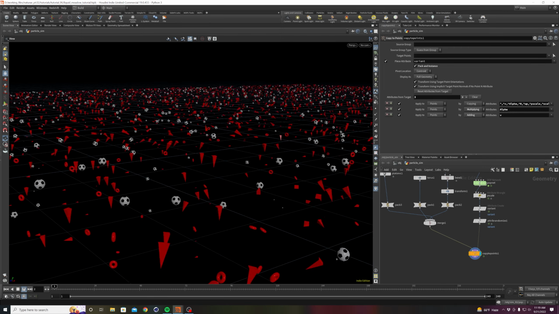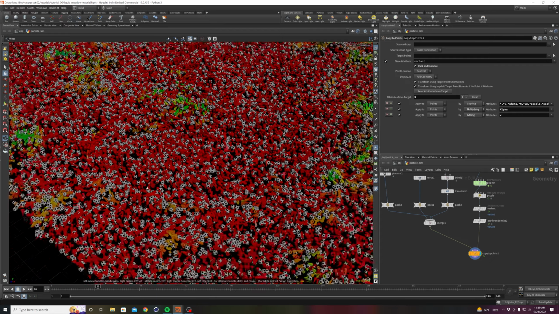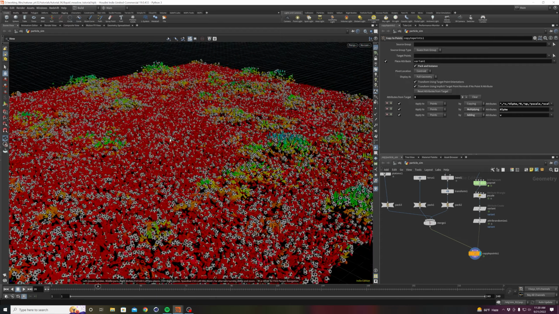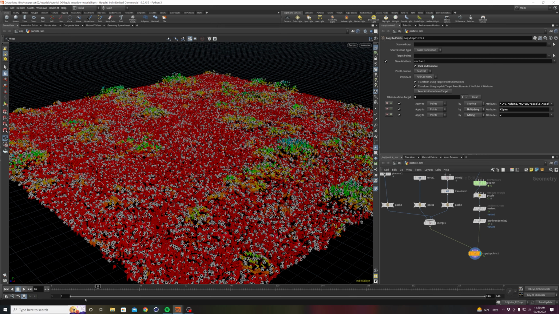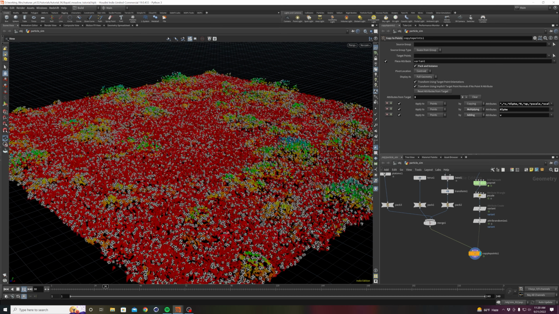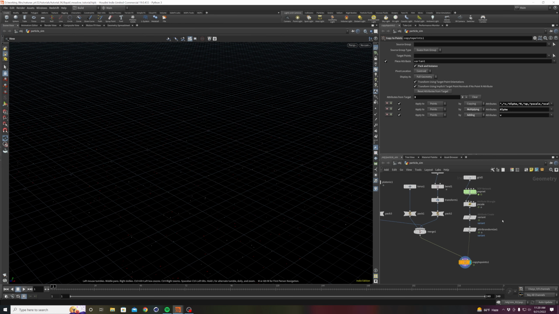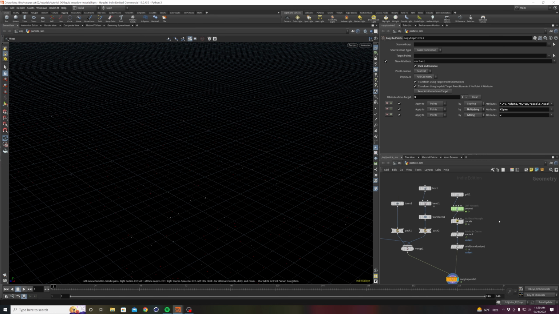So the first thing I want to do here is I actually want to add a collider. So right now I just have this giant square grid thing. So in my actual example that I showed you guys at the beginning, there is a tree stump in the middle there that everything's colliding with. So I'm going to add that in before we start instancing stuff to it. So let me go